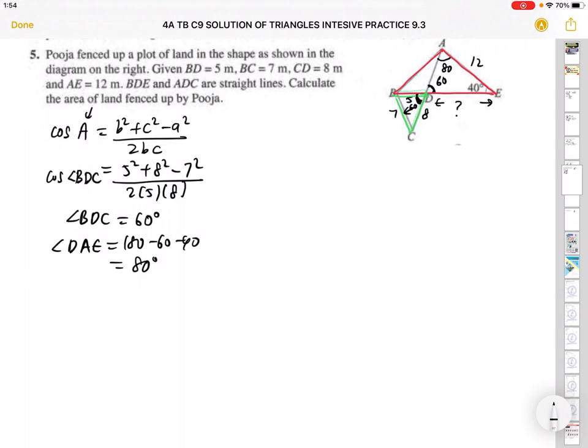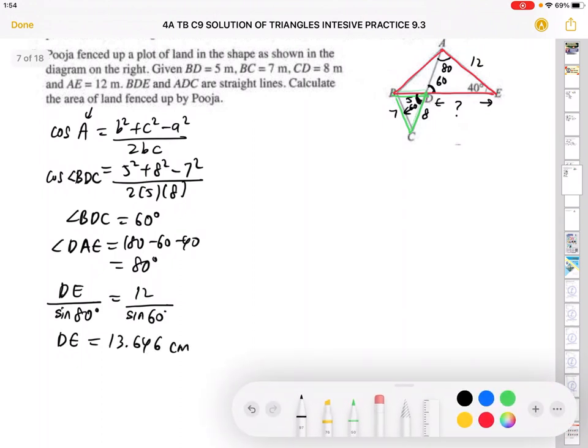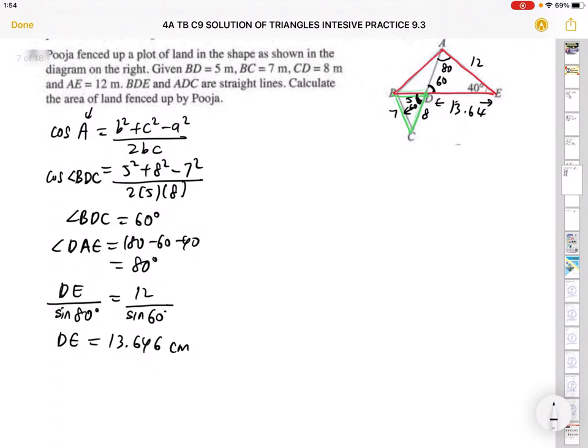So we use sine rule to find DE. DE divided by sine 80 equals 12 divided by sine 60. My DE is 13.646, right? So this is now 13.646. Okay, so to find the area of the fence, basically we're taking area triangle BCD plus area triangle